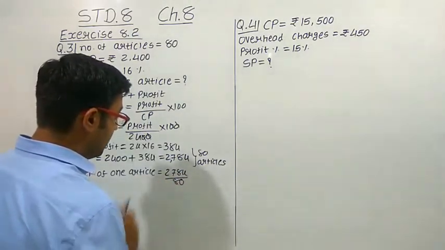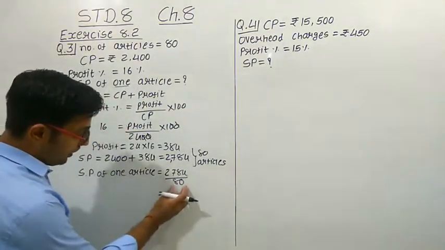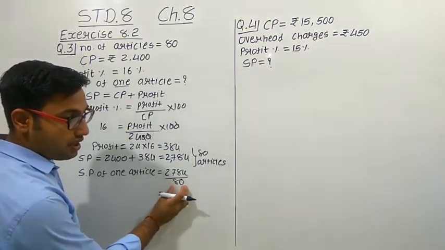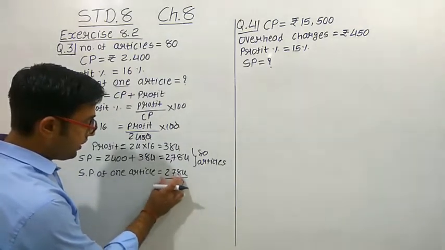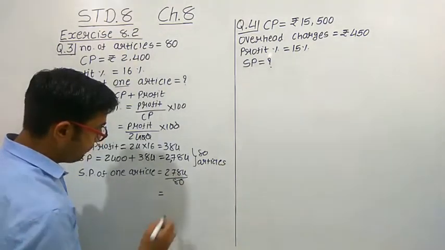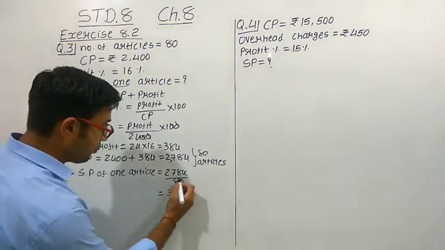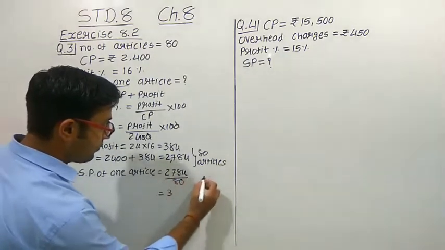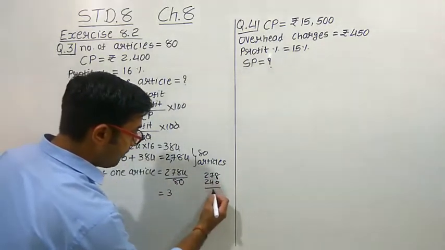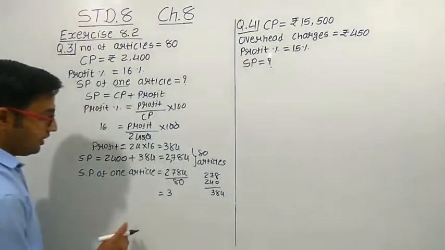So when we divide this by 80, what answer do we get? First of all we have to divide by 80. 8 3s are 24 and 8 4s are 32. But here we have 278. So when we divide by 80, we can divide it with 3, 8 3s are 24, that means 240. 278 minus 240, what is the answer? The remainder will be 38. Now take this 4 here. Again divide it by 80.